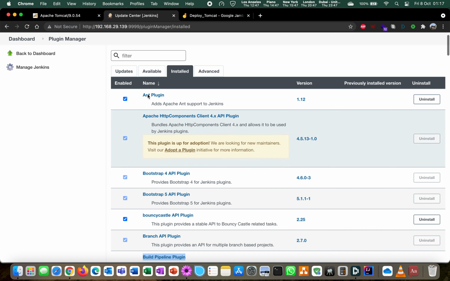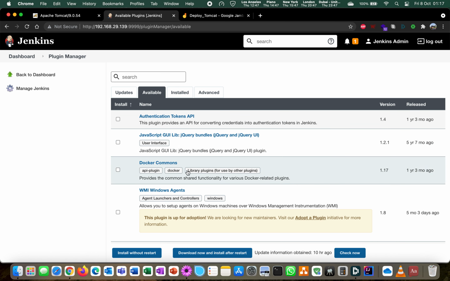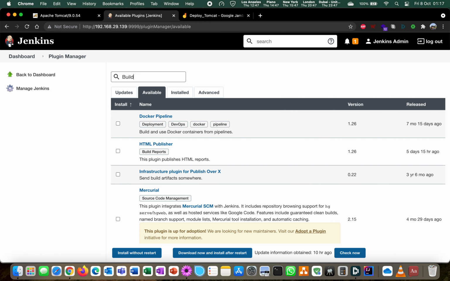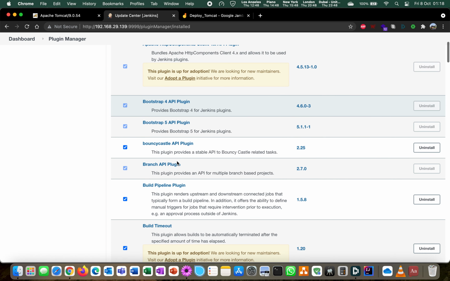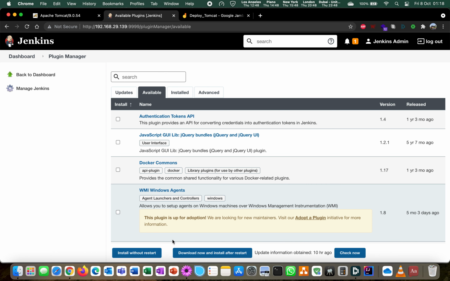In your case, you can just go to the Available tab, go to Search and type Build Pipeline and it will be available over here. Just tick it and install. Similarly, you need to install the Deploy to Container plugin. After they are installed, you need to restart your Jenkins server to bring these changes into effect.